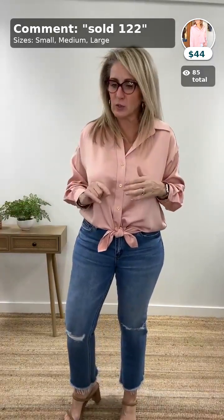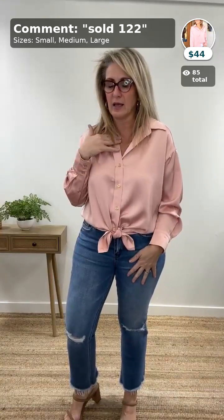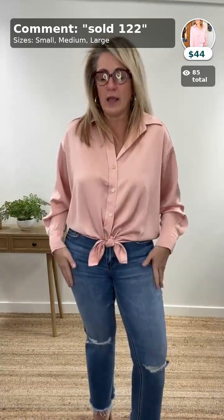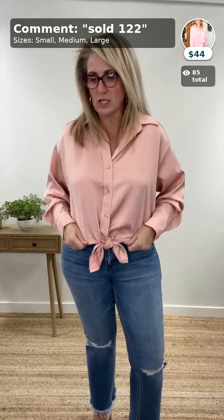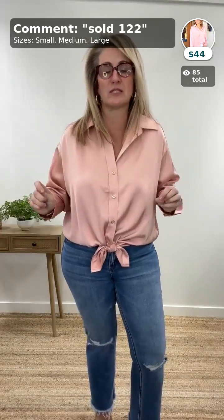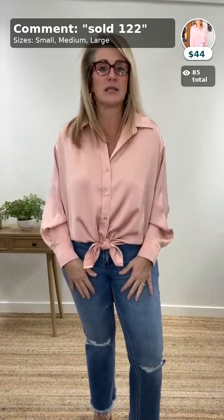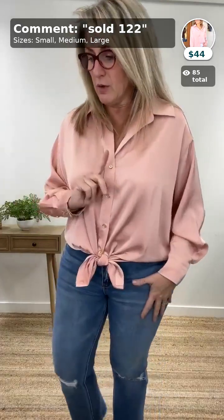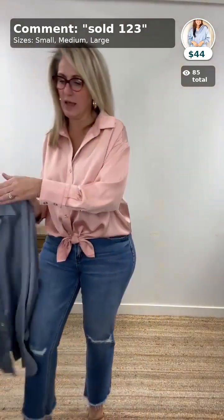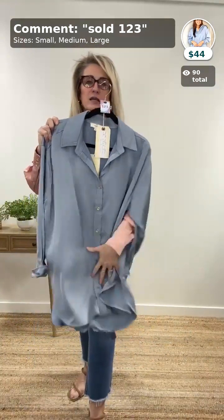So very versatile. You could wear it open, even with a cute little high neck seamless Nikki Bicky or a tank. So lots of things that you can do with this. It's $44, comes in small, medium, large. I'm wearing a small. It is definitely oversized, so true to size. And if you are in between, I feel like you could definitely size down in this. If this is not your favorite color, we also have it in the blue. So this is more of a